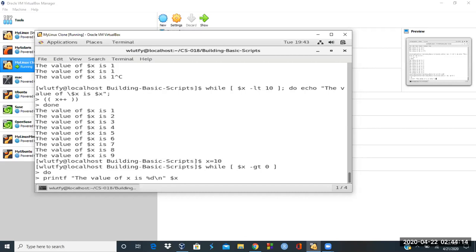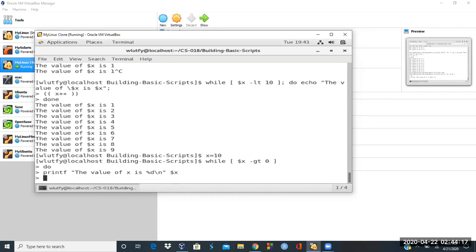So it is doing that, and then at this time I'm going to decrement it. I could decrement it doing x minus minus, like that,